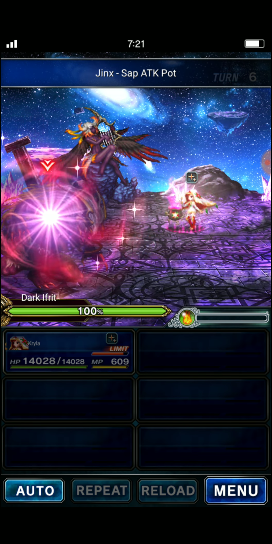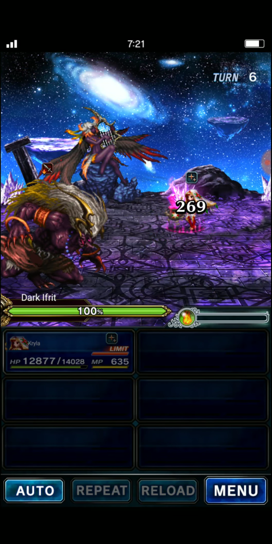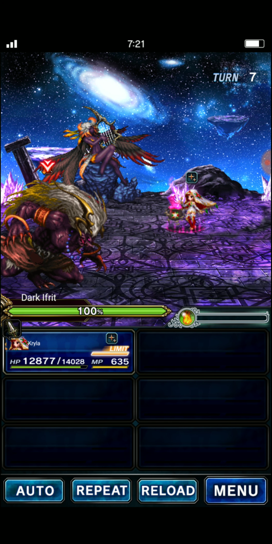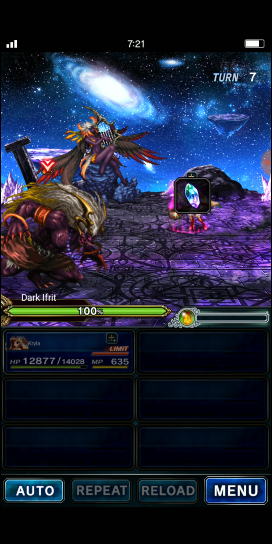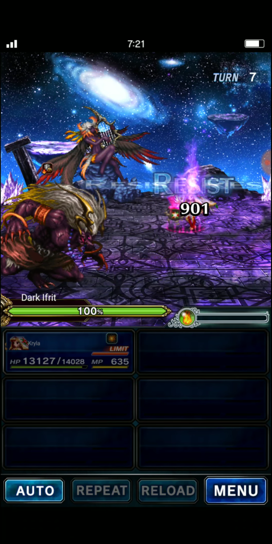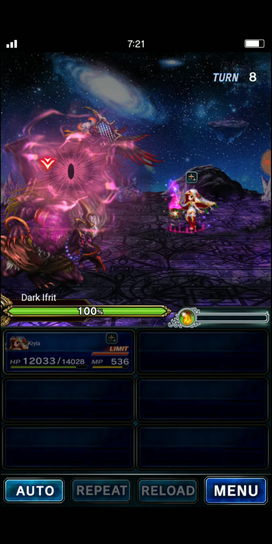If you try to break the rest of the stats, Dark Siren ends up buffing Dark Ifrit, and we don't want to deal with that because then it'll be pretty much pointless to break the stats. So after that, once Dark Ifrit is broken, use Impending Doom. And then use Eye of Doom. Dark Ifrit will die there